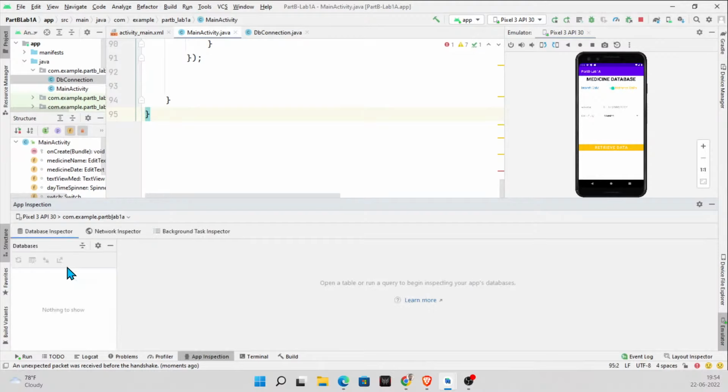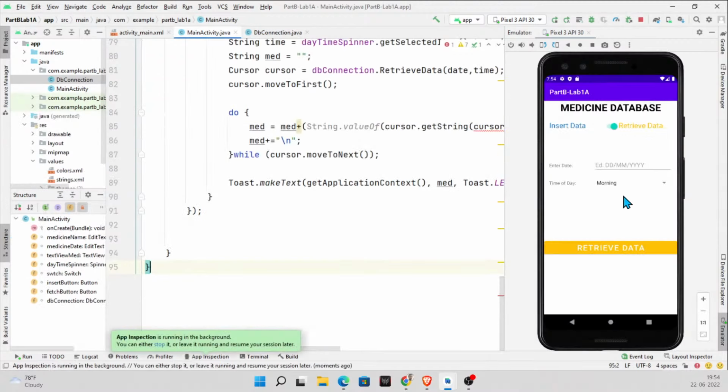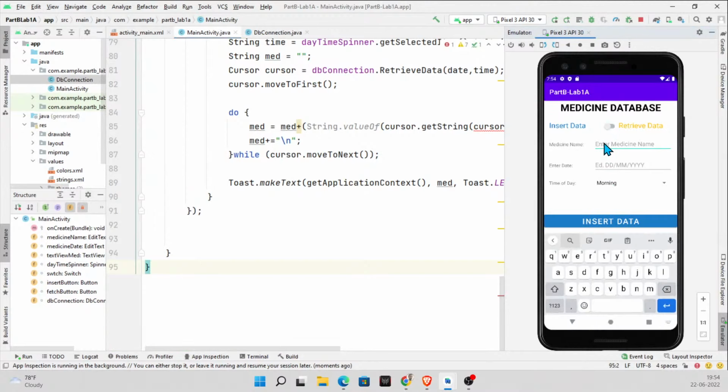And one thing again, watch here. Once you run this, if you close it, you see it says database is closed. You have to run at least one more insert for the database to be opened, because it doesn't really know what is happening here. Only when you insert something will the database be opened, okay? So maybe let me just say